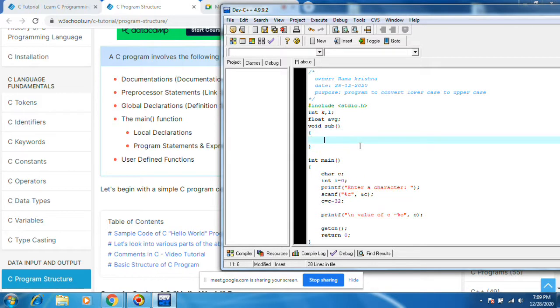I am just adding, you can put anything. printf, I am just printing testing function. I'm just writing a dummy function.